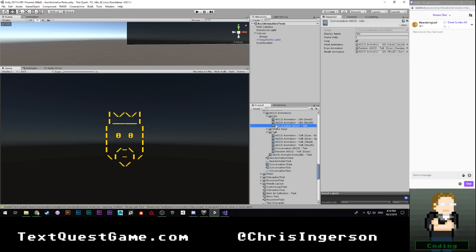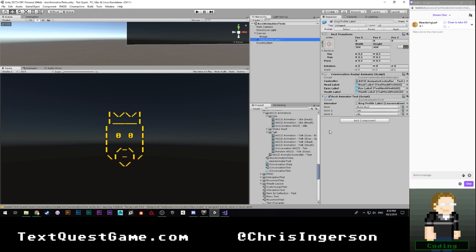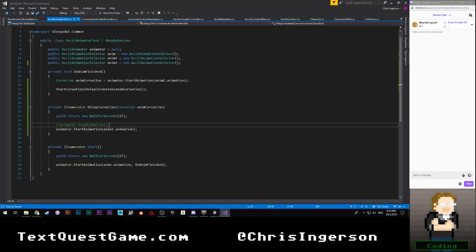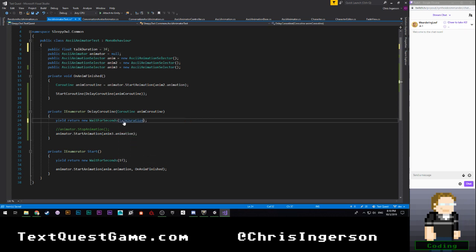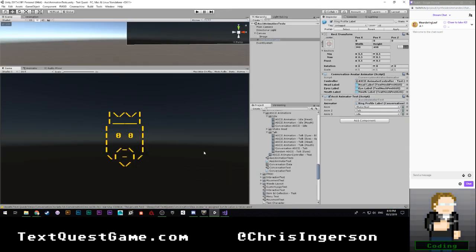So it should work. So basically what should happen here is we have him shake. I'm also going to just real quick change this up a little bit. So we're going to say public float talkDuration is equal to, we'll make it 3 seconds. Talk duration. Okay. So we probably should have the talking happen for a while just to make sure that we get proper